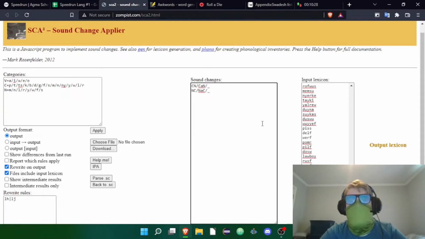So let's do some stuff with coda. Actually, before we do that, let's have whenever we have